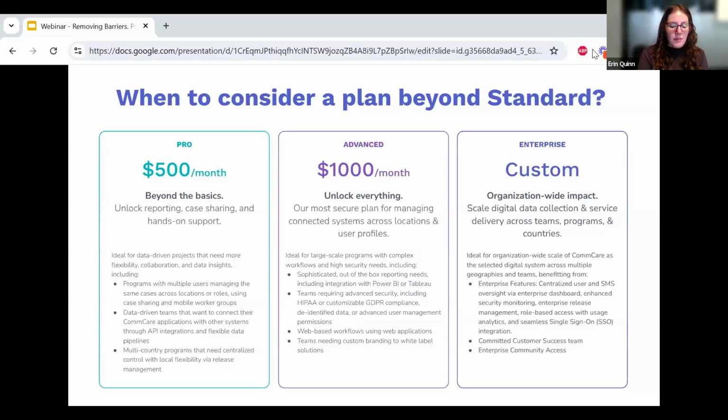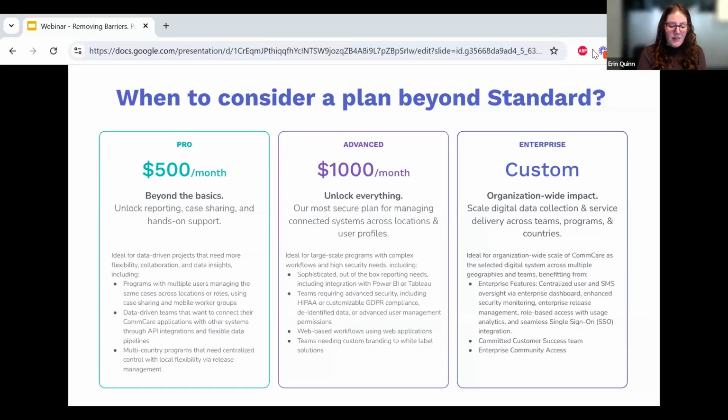If you wanted to enable not only case sharing, but more hierarchical based structures, you would want to use our organizations feature, and that is on our advanced plan. So I think standard is a great option for a lot of people. It won't work today for everyone, it'll work for a lot of folks. And then I think also once you're on the standard plan for a while, you might find that you outgrow it, and that's okay too.